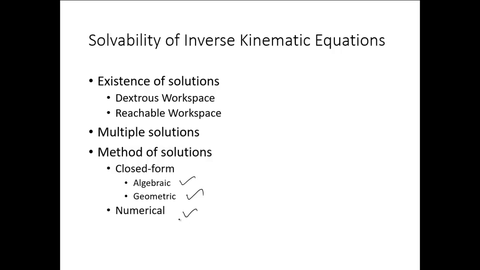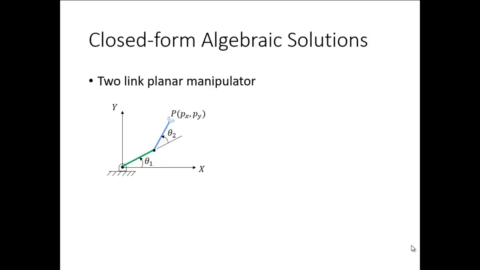That's why in robotics it's generally understood as a thumb rule that you should design robots in such a way that a closed form solution exists, because closed form solutions are very fast and accurate. Numerical solutions tend to be a little slower than the closed form one, because there's a direct relation in the closed form one. So numerical solutions are generally avoided, though we can do them. In robotics it's a thumb rule that you should try to use a closed form solution. Alright, so let's look at the closed form algebraic solutions.